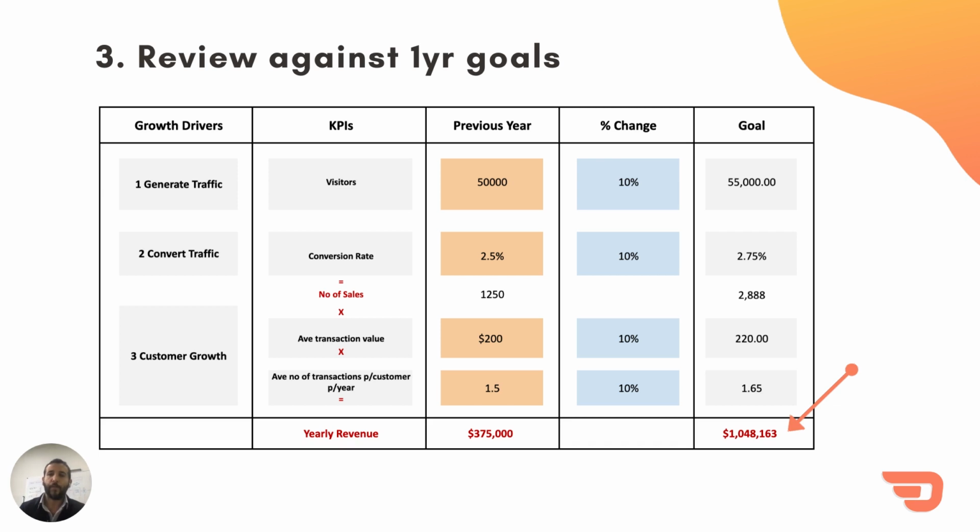Number 3, once you've done that, step 3 is to compare your projected revenue goal produced by your growth calculator against what you hope your business will achieve in the next year. In other words, what you might call your ideal 1-year revenue target. Ask yourself, how close or how far are you from achieving your ideal goal? This will give you a bit of an insight into how realistic your ideal goals are.